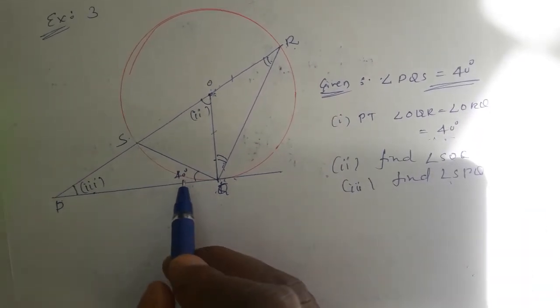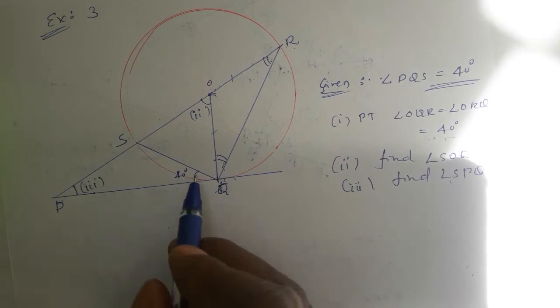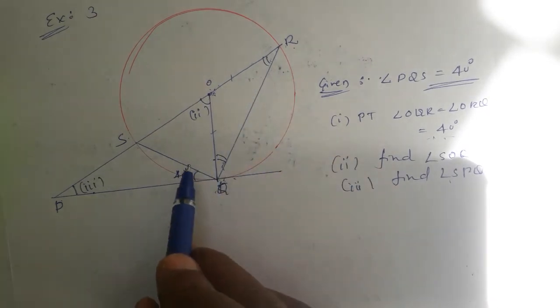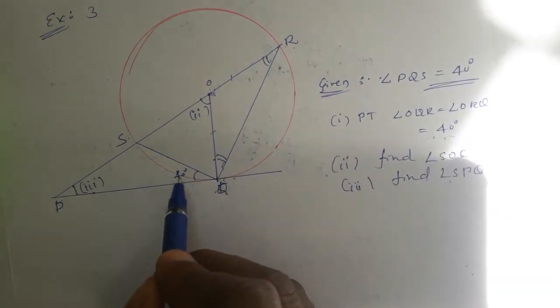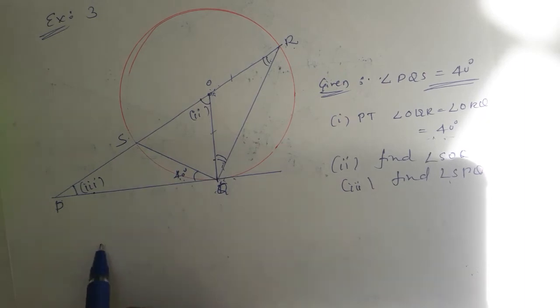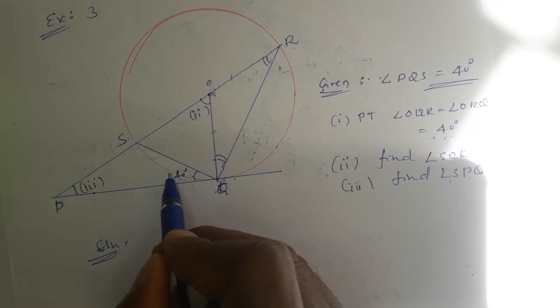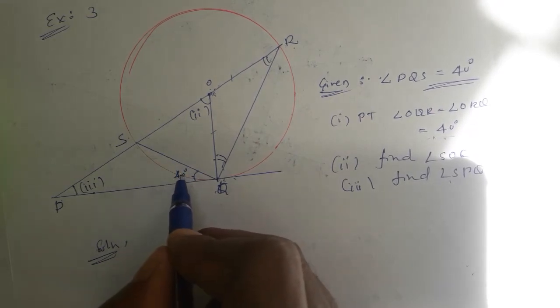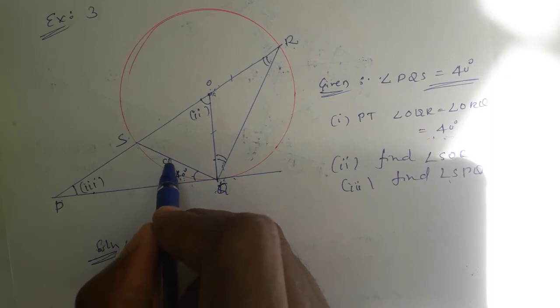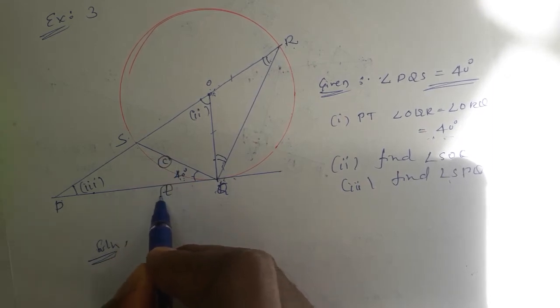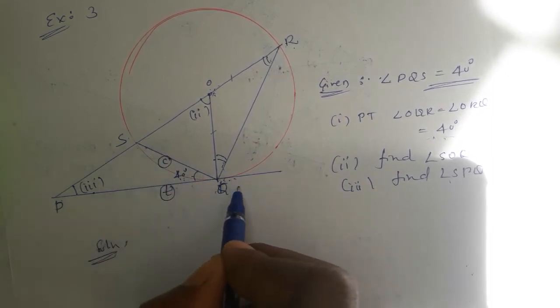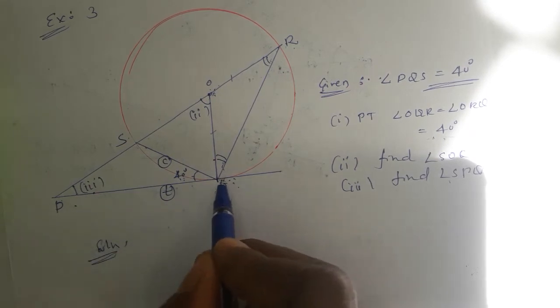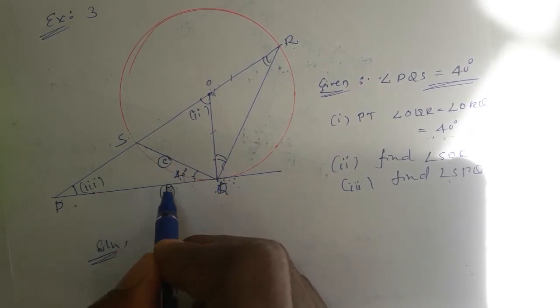Now let us take the problem from where it is given. Always start the problem where one angle is given. It is 40 degrees given, so from here we need to start. Solution. From here we start. Where is this 40 degrees given? That is the first thing to be identified. This 40 degrees is given between the chord and the tangent. Remember, SQ is the chord, PQ is the tangent. So the angle given is between chord and tangent.